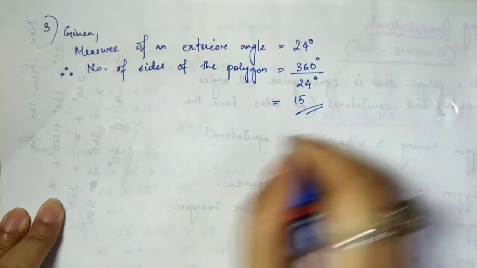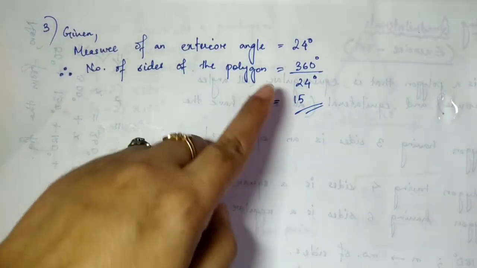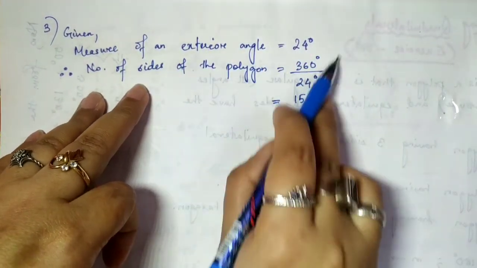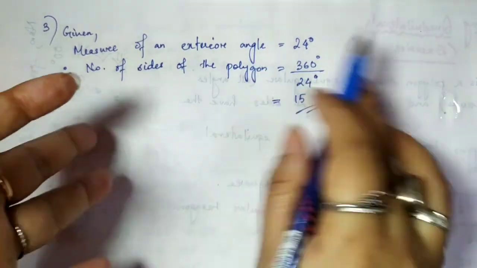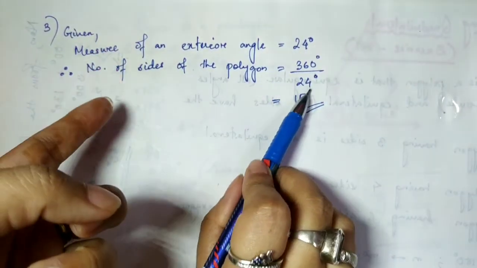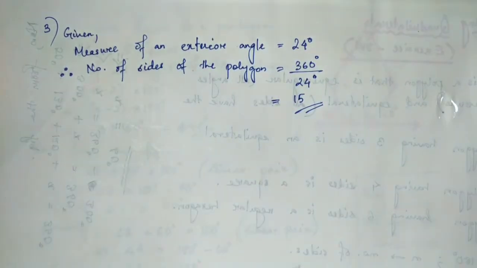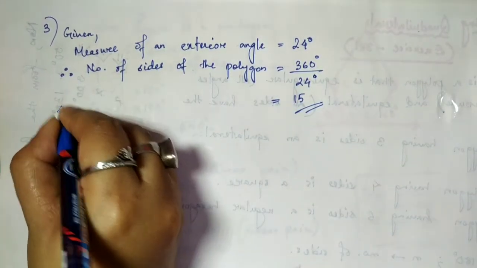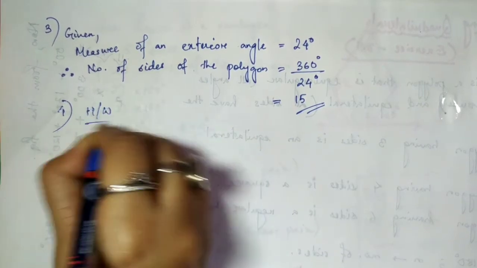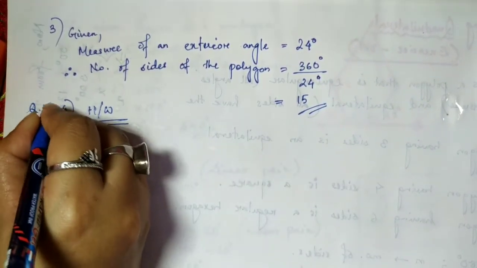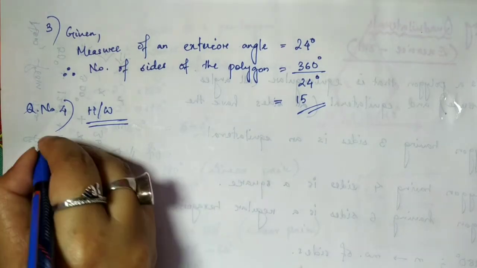So in the same way, if the number of sides is given and you have to find the exterior angle, divide 360 by it, and if the exterior angle is given and the number of sides has to be found, please divide it this way. Question number 4 you have after that, so this will be your homework. You will try question number 4 as homework, and we'll be doing question number 5 now.